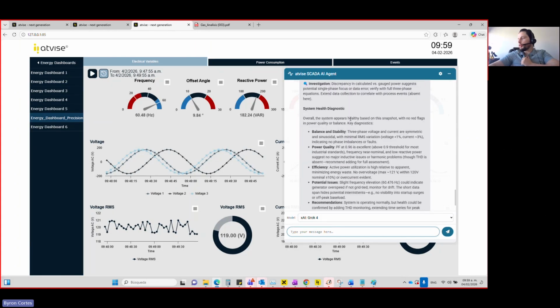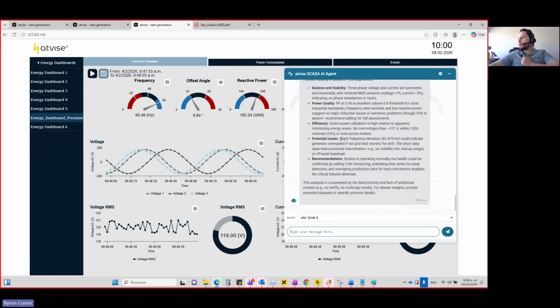Overall, the system appears healthy based on this snapshot, with no red flags and power quality balance. Key diagnostic: the balance and stability, three-phase voltage and current are symmetric and sinusoidal. Power quality, PF of 0.96, is excellent, above 0.9. Efficiency: active power utilization is high relative to apparent, minimizing energy waste.